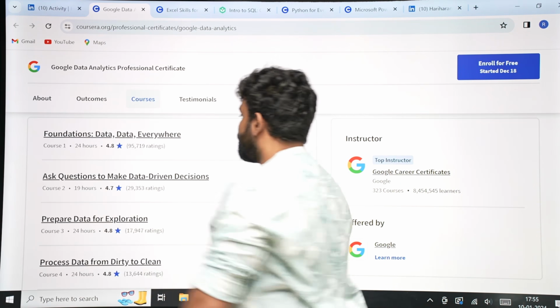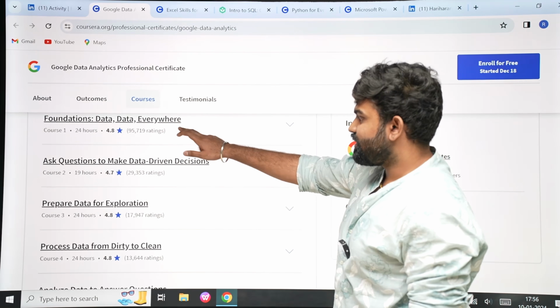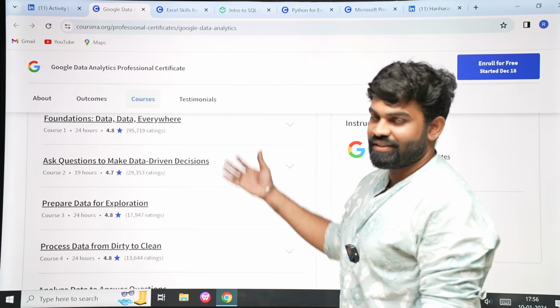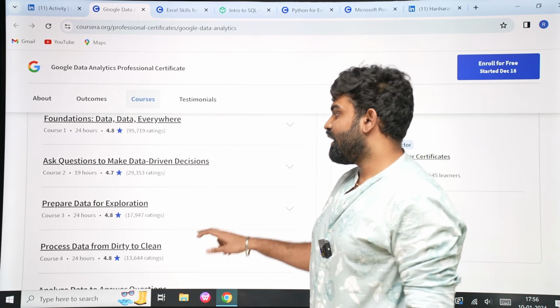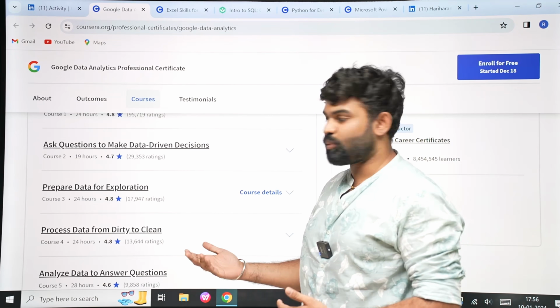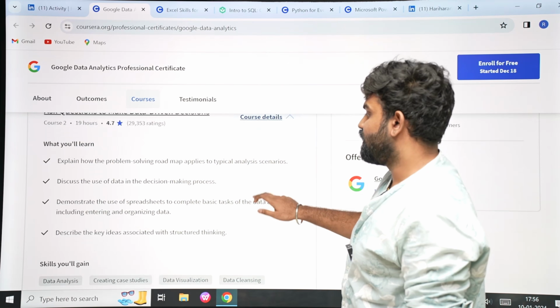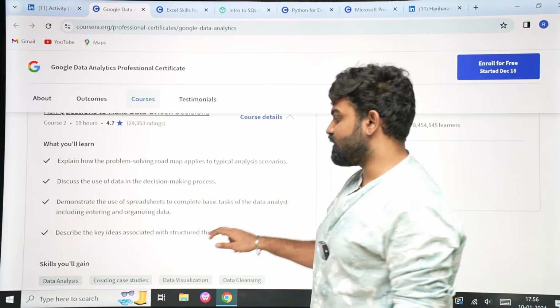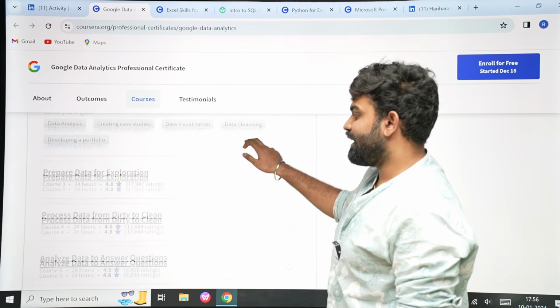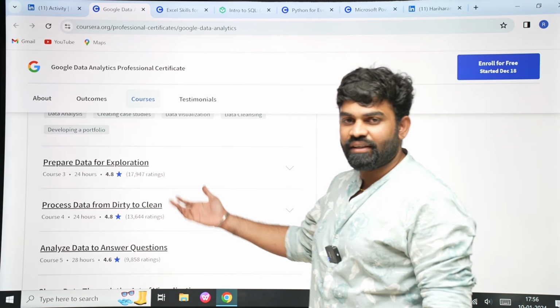These are the different modules in the course. The first one is the basic introduction to what data is and how data works, and it operates in the module of different skill sets in each program. So the first is to ask the right questions. You can expand on this and you can see the different things which you will learn in this course, and further, how to prepare the data. So the data's life cycle is fully replicated in this program.